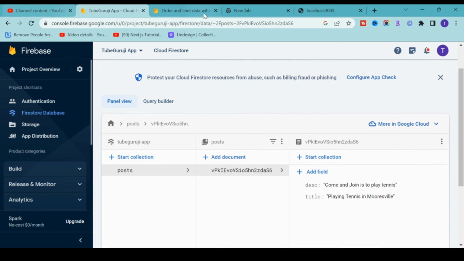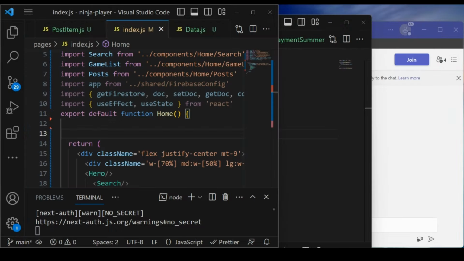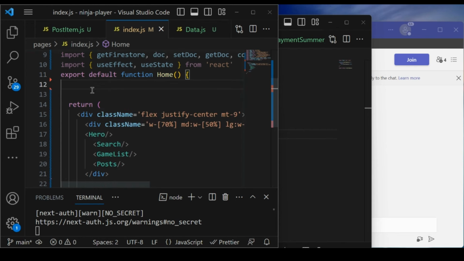Now let's go back to our project. Here you have to write the code and fetch the data. In the home index.js, we'll fetch the data here and then pass it to the posts component. So let's go to the Firebase documentation, and it helps us know how to get data from